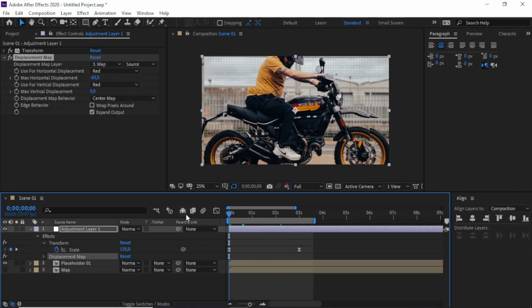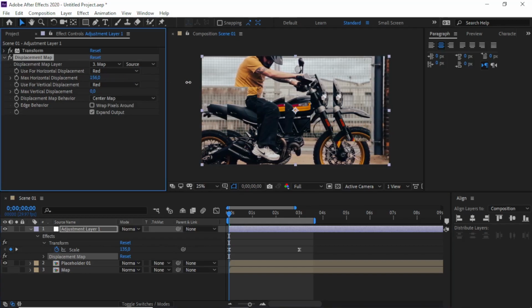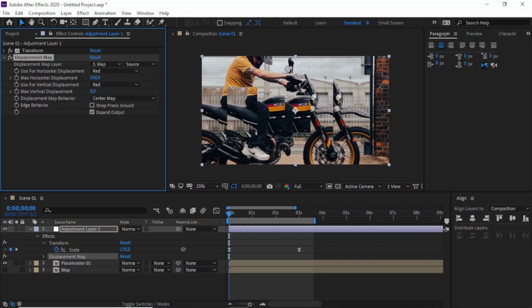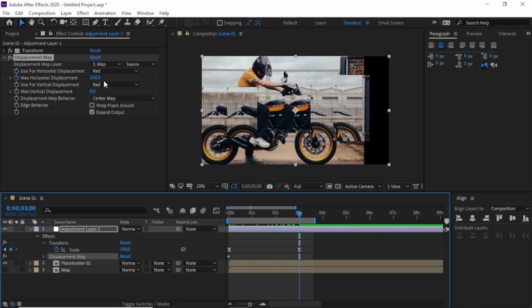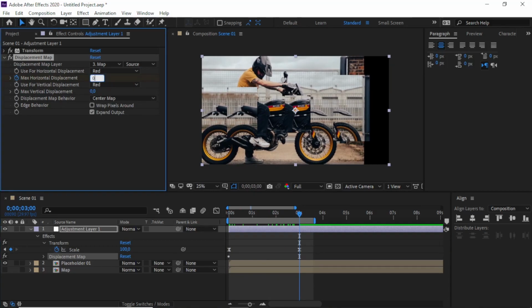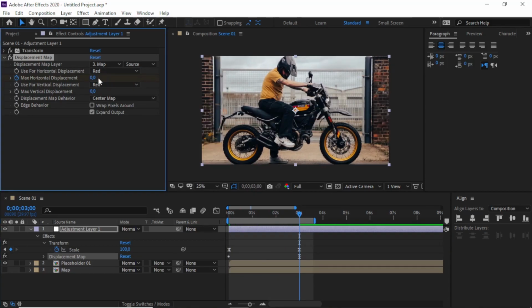So move on for a second, and I think I will use about 400, 256, and keyframe go to 3 seconds and going back to 0 like this.